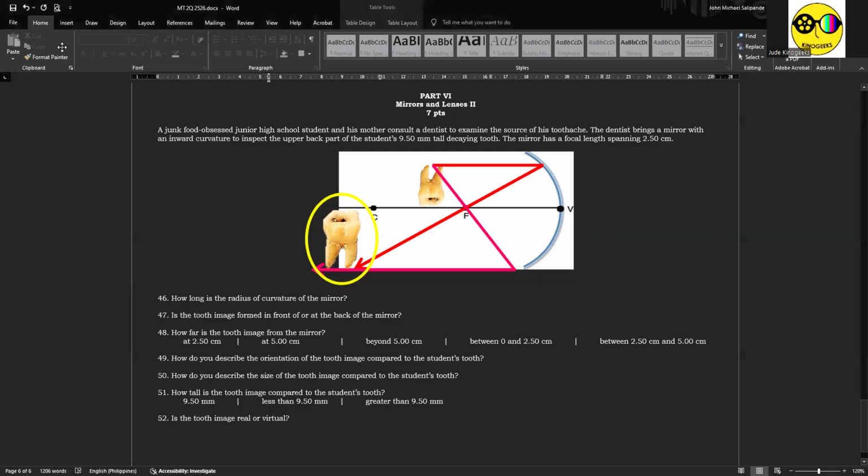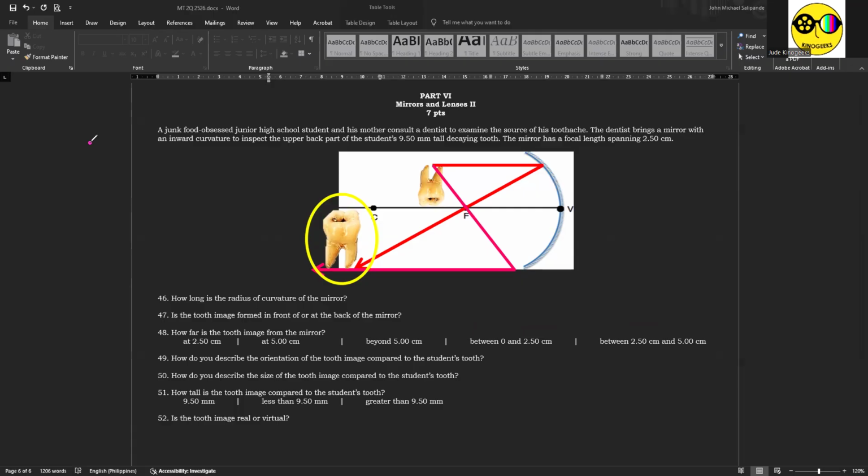I know that we didn't really solve that much when we discussed mirrors and lenses because it would be too complicated and some of you were already giving up on the pyramid formula on the electromagnetic spectrum. But the little that we had for mirrors and lenses is actually very simple. Okay, let's start with 46.